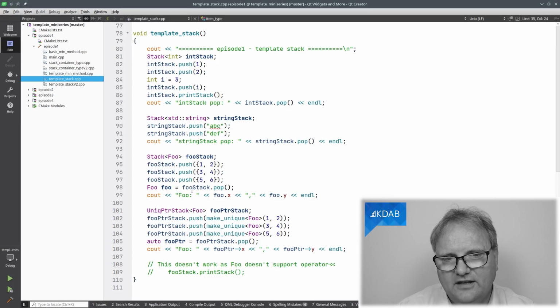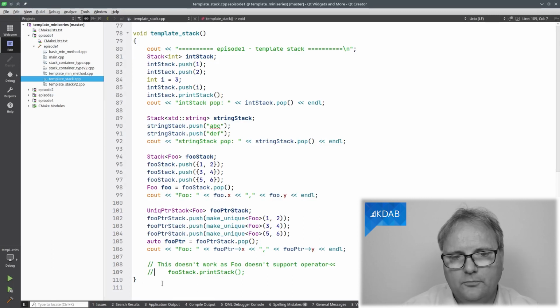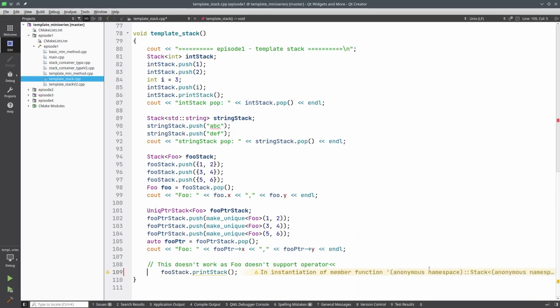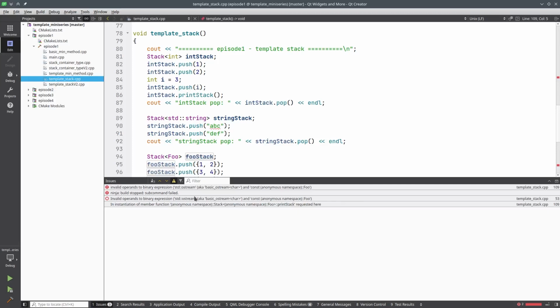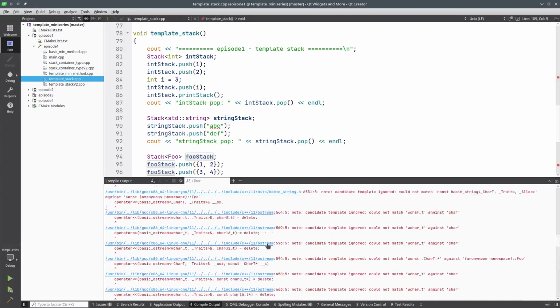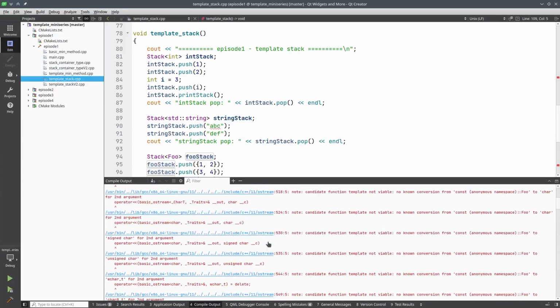If I had done that, I have my foo stack here, which is a stack of foos. If I tried to print it, on the other hand, whoom, there's your error message saying, sorry, and let's try and compile and see what the error message really is. And this is where it's actually easier to go and look at the real compile output. Lots and lots of stuff here. It is at the very top complaining.